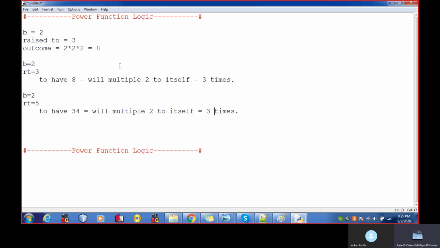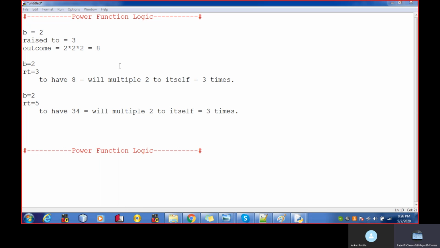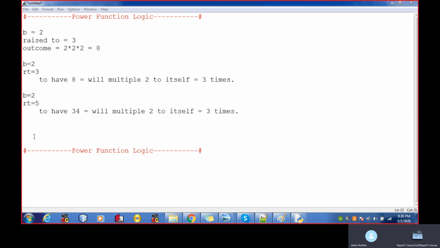How many times should I multiply 2 by itself to have, let's say, assume 2 raised to power 5 is 34? So 2 to the 4, 4 to the 8, right? 8 to the 16, and 16 to the 32, right? 34 cannot come, so that's why I just assumed it, just for the time being, right? So to have 32, we multiply 2 by itself how many times? 5 times.